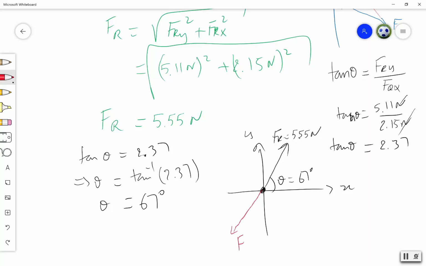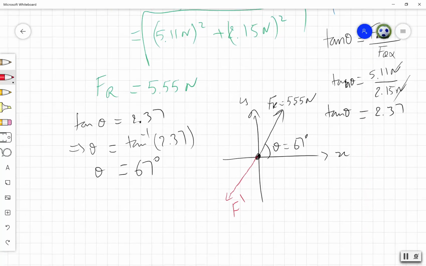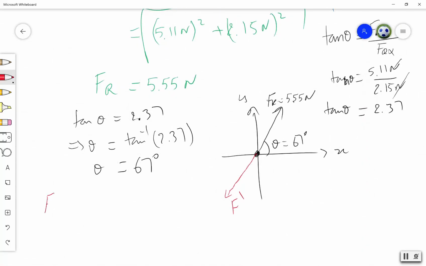So I'm going to name this F prime. Okay, so F prime is 5 Newton. Simply, basically, it equals the same magnitude of R. Now, what is the direction? You can take this angle here and find out what this angle is. Okay, and from the picture here, from my drawing, basically,